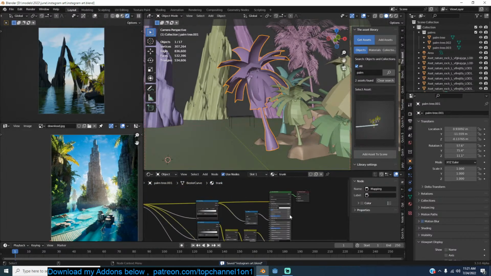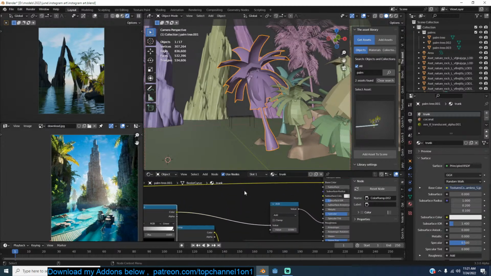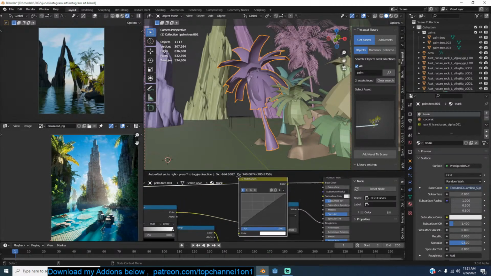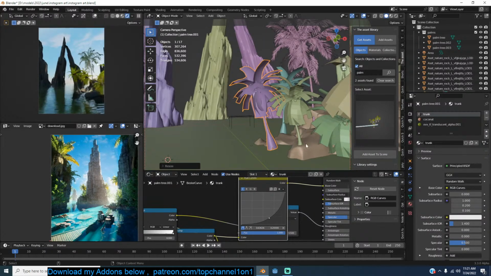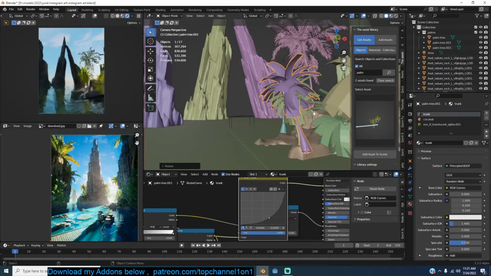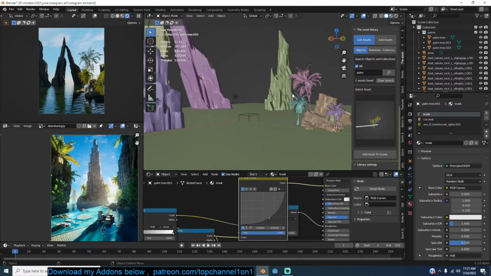Let me look at this trunk here. I need to make it a bit darker. Yeah, today I want to make several art pieces. That's why you see I'm not explaining too much. I'm just trying to get the